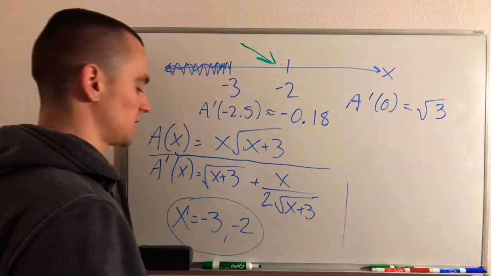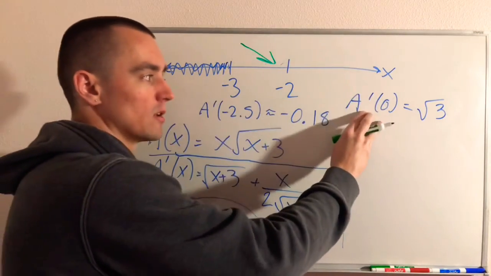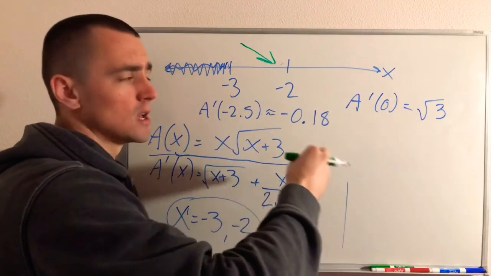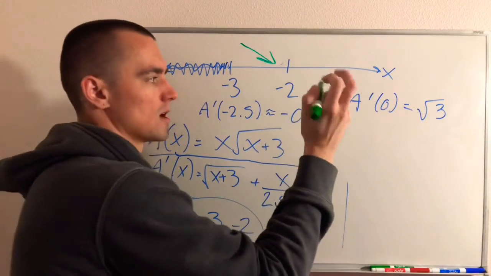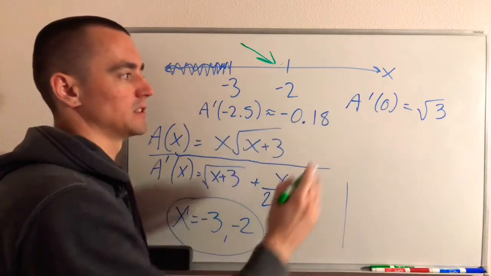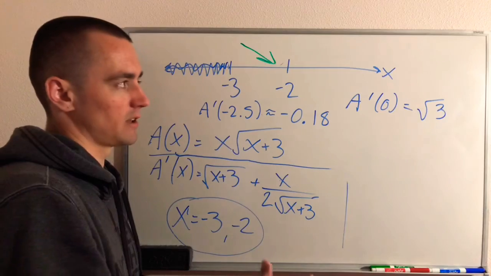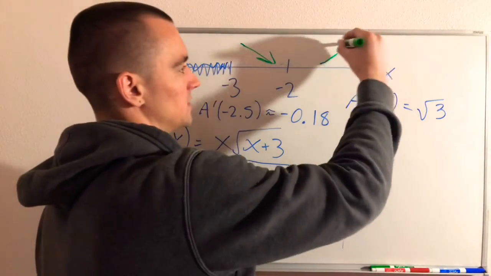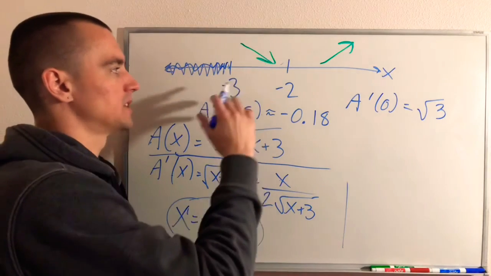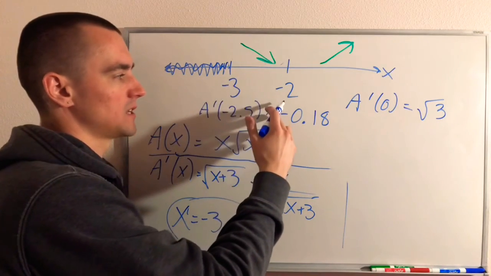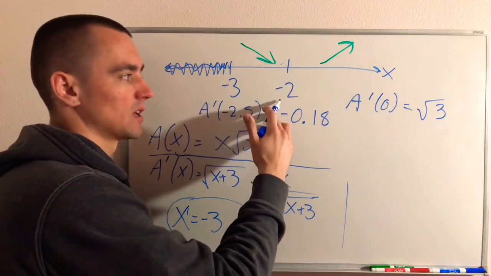All that really matters is that it's positive because the output of f prime is positive, and the derivative just represents the slope of the original function. So f prime being positive at 0 tells us that the slope of f is positive at 0, which just means that f is increasing at 0. So our decreasing interval is x equals -3 to x equals -2, and our increasing interval is x equals -2